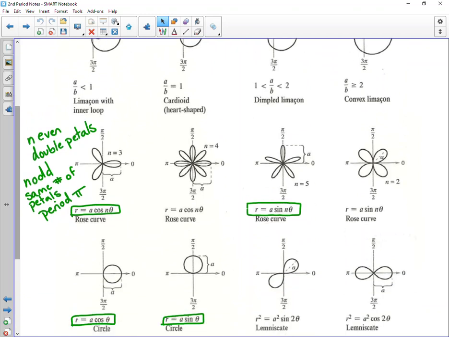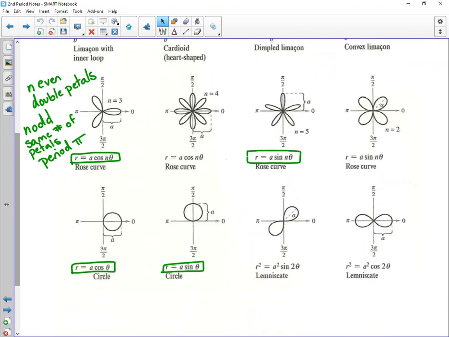For roses, the even number of petals, you want to double that amount, and the period of that is 2 pi. For odd number of petals, then you would have the same number of petals, but your period is only pi because it starts repeating over itself. Circles are just a cosine theta or a sine theta. They kind of look like roses, but with only 1 petal. And then lemniscates are r squared equals a squared sine 2 theta, right? Okay, well,